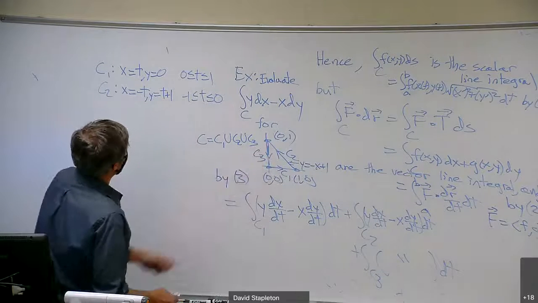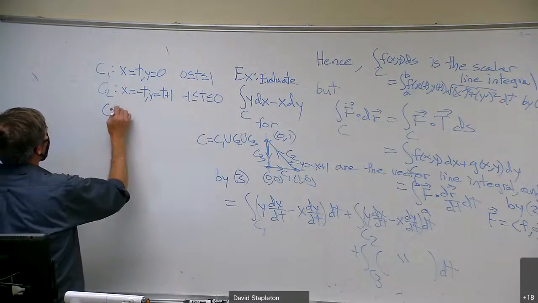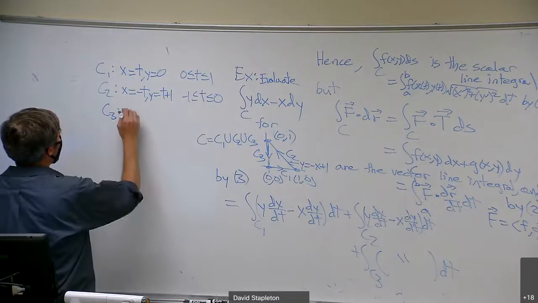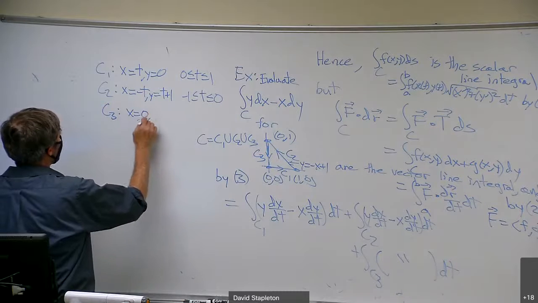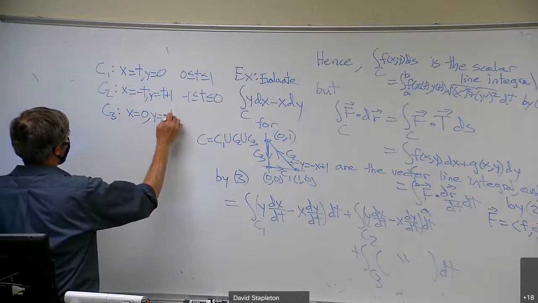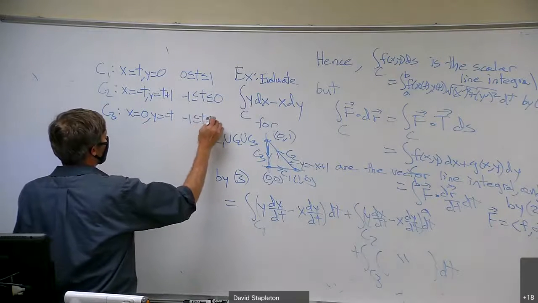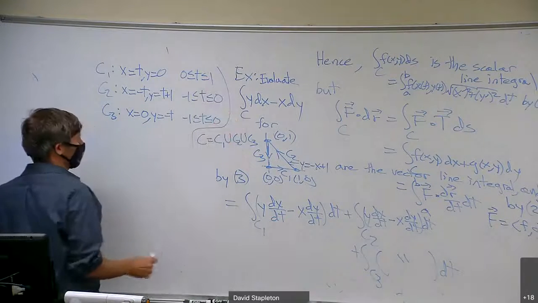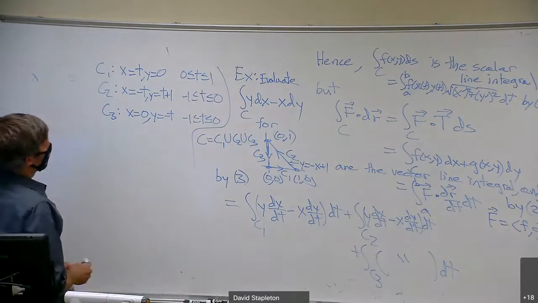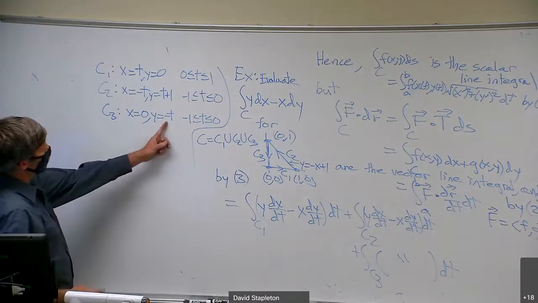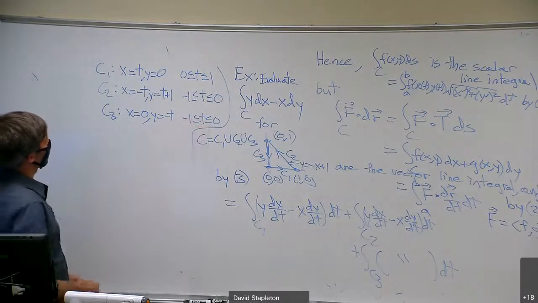And then along this path, I could let x equal 0 and y equal minus t, t going from -1 to 0. There's lots of other ways to write this too. So y starts at 1 and goes down to 0 according to this prescription. Just